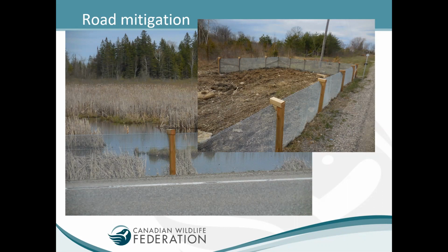A number of projects have just installed a short span of fencing with no turn back. And typically what happens is a lot of wildlife just follow the fence to the end and then try and cross the road and get hit. So you end up having perhaps the same amount of roadkill, but it's at the fence ends as opposed to the entire hotspot. So this fencing went up in the winter of